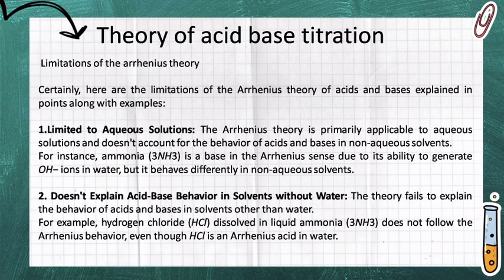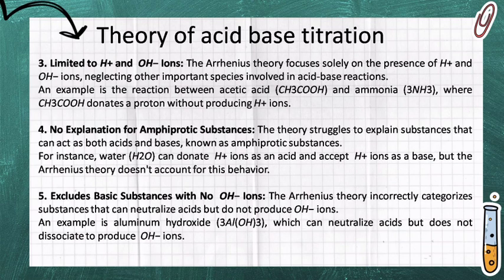For example, hydrogen chloride, HCl, dissolved in liquid ammonia, NH3, does not follow the Arrhenius behavior, even though HCl is an Arrhenius acid in water. Third, limited to H+ and OH- ions. The Arrhenius theory focuses solely on the presence of H+ and OH- ions, neglecting other important species involved in acid-base reactions. An example is the reaction between acetic acid, CH3COOH, and ammonia, NH3, where CH3COOH donates a proton without producing H+